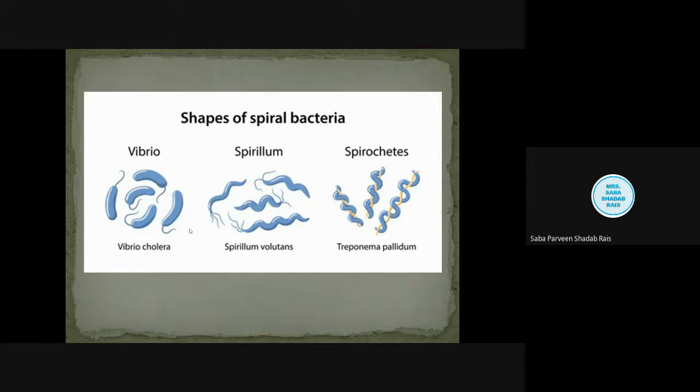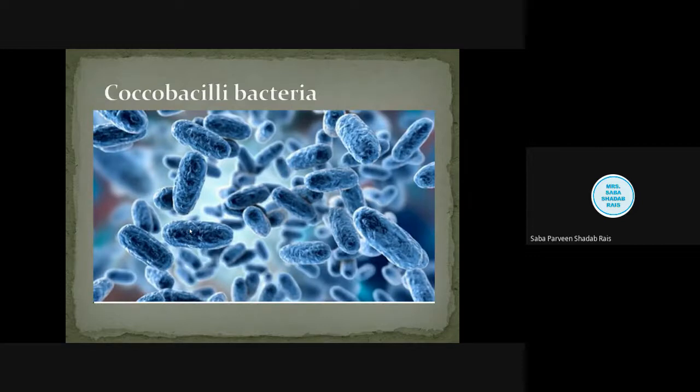Spiral shaped bacteria, if you're observing, there can be various shapes of spiral bacteria you can observe. And see, the last type you can observe is the elongated spherical type. Now we have seen coccus bacteria are spherical in shape, and bacilli are usually rod shaped. So when you're observing the elongated spherical, or simply the ovoid type of bacteria, these are the cocobacilli. So whatever bacteria you're observing, you have to draw in your journal.